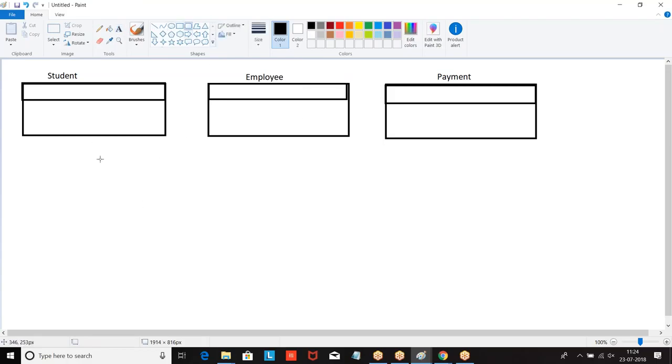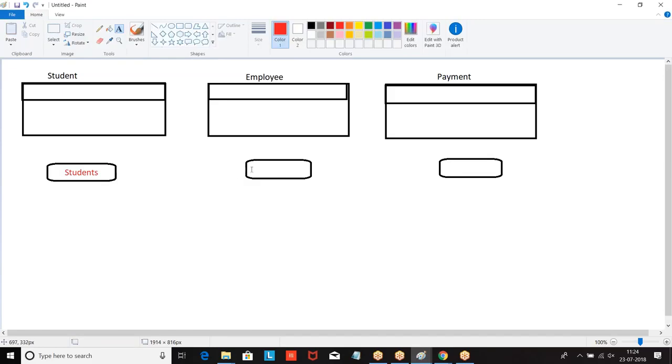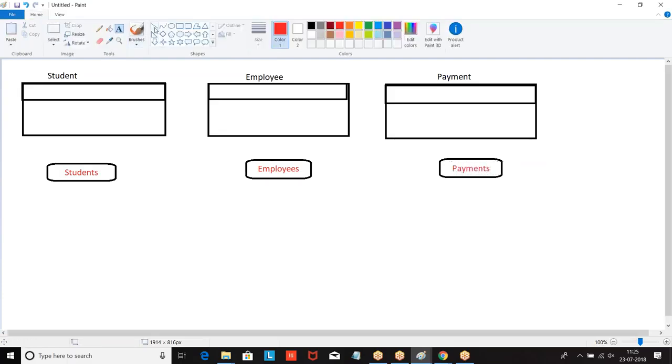Now, for every object, we are going to create one tab. The name that should be printed on the tab. For student, we are printing students; for employee, employees.